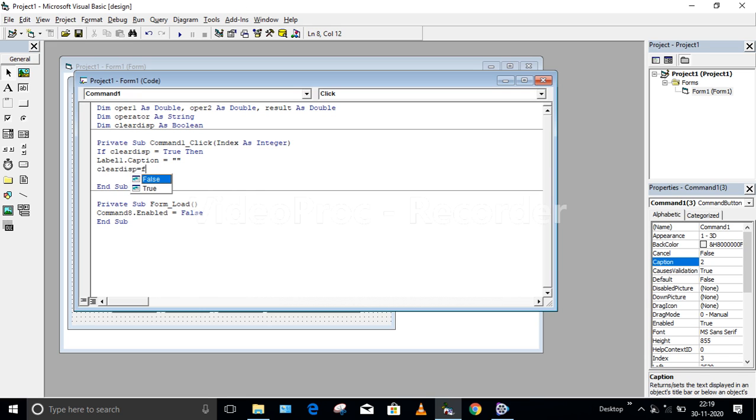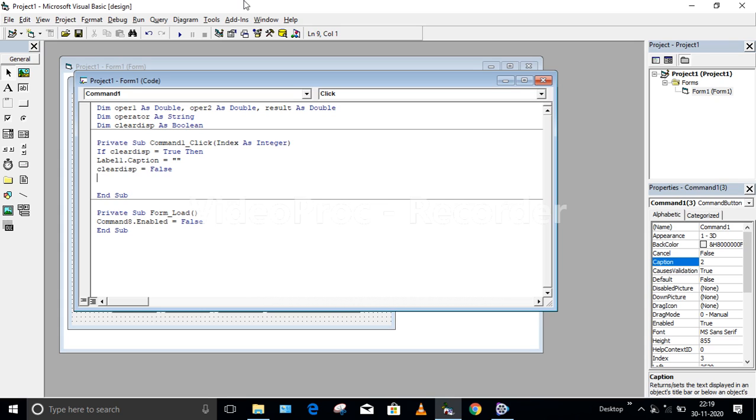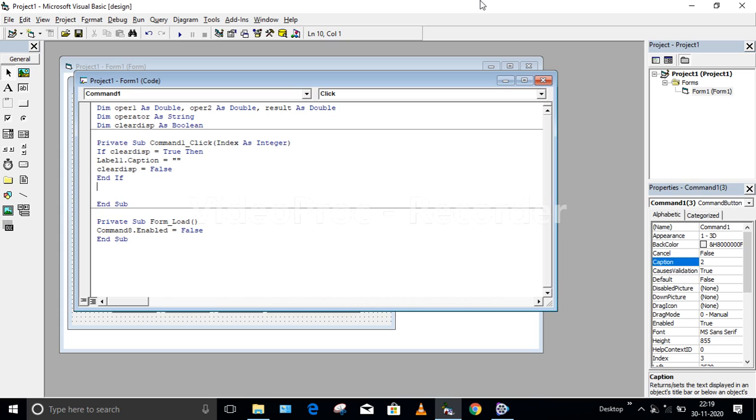Clear disk equals false. End if. This indicates the end of the if statement. Then label1 dot caption equals label1 dot caption plus